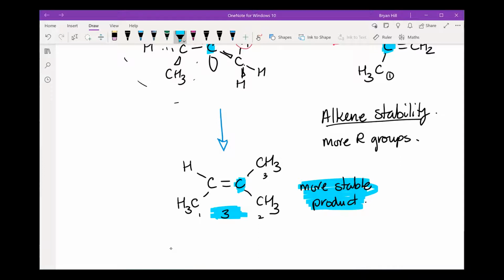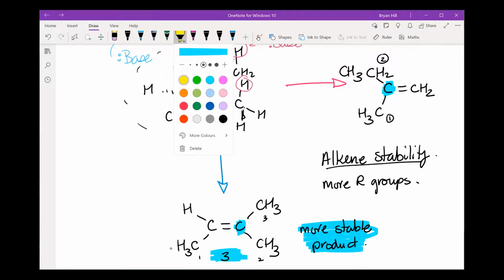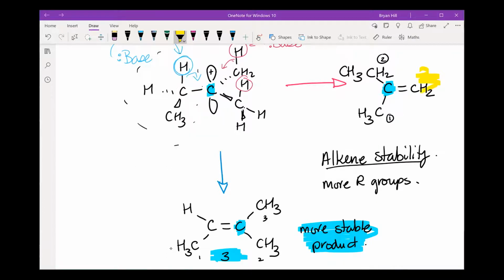Now there's a method to make this one on the right over here. There's a way to make this one in yellow. And we'll talk about that a bit more when we're doing the E2 elimination. So there are two different alkenes that could be possible if the molecule is not symmetric. And with E1 eliminations, you tend to favor the most stable product. You get a mixture of them, but it'll be the one which is the majority of